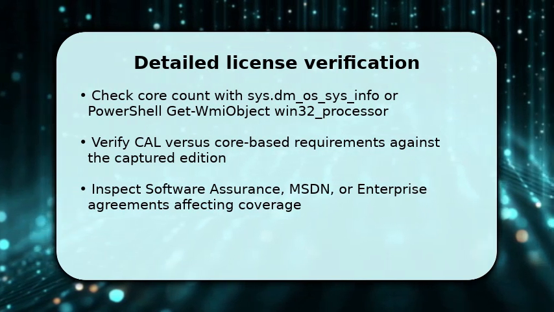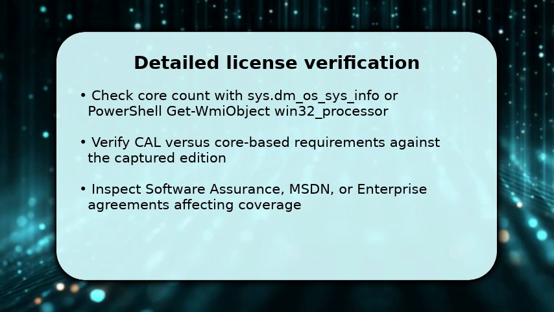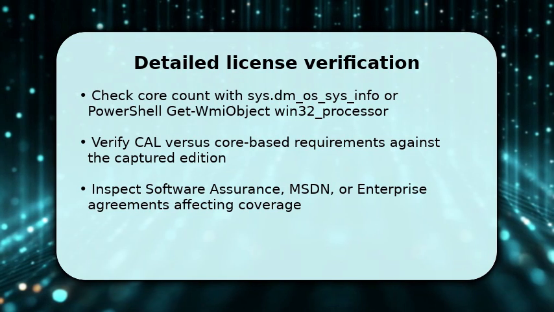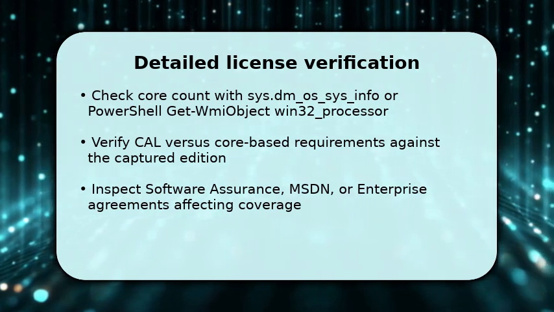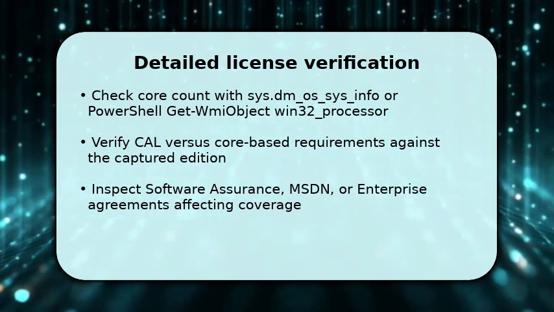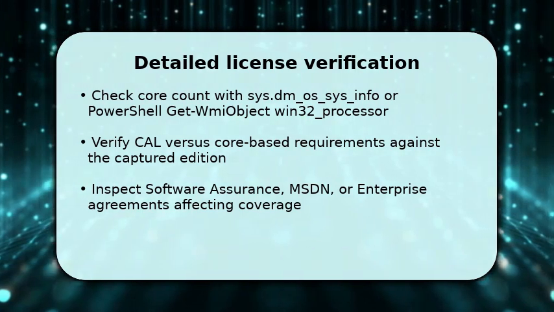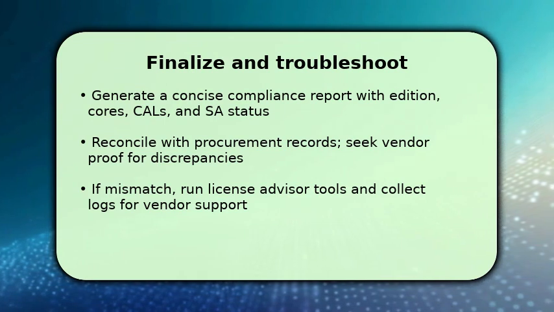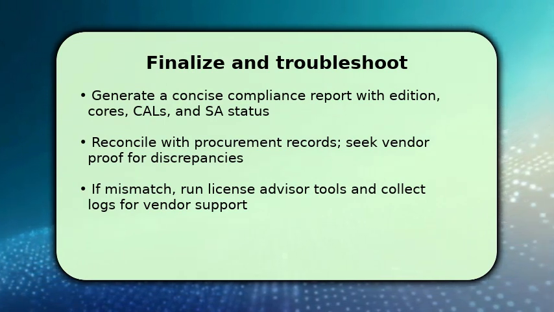Software Assurance, enterprise agreement, or subscription could change compliance. Once you reconcile counts and entitlement, calculate required license metrics and document them. Finish by producing a clear compliance summary listing edition, version, host cores, allocated licenses, and Software Assurance status so stakeholders